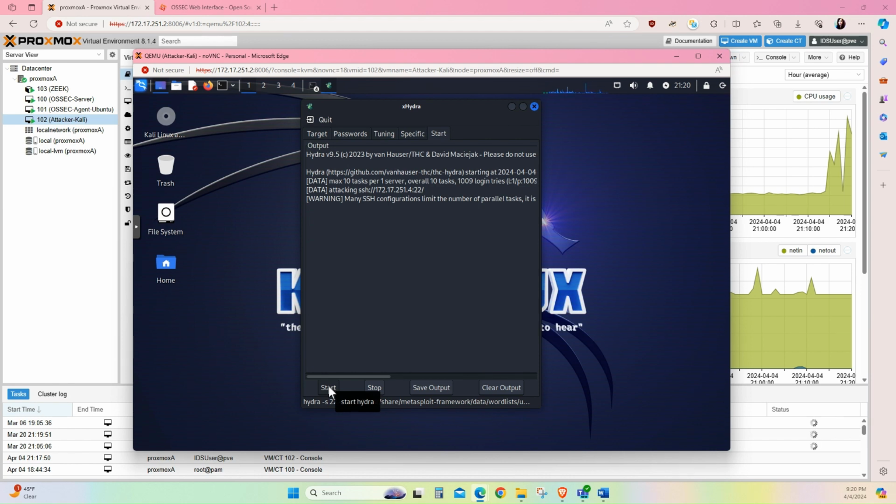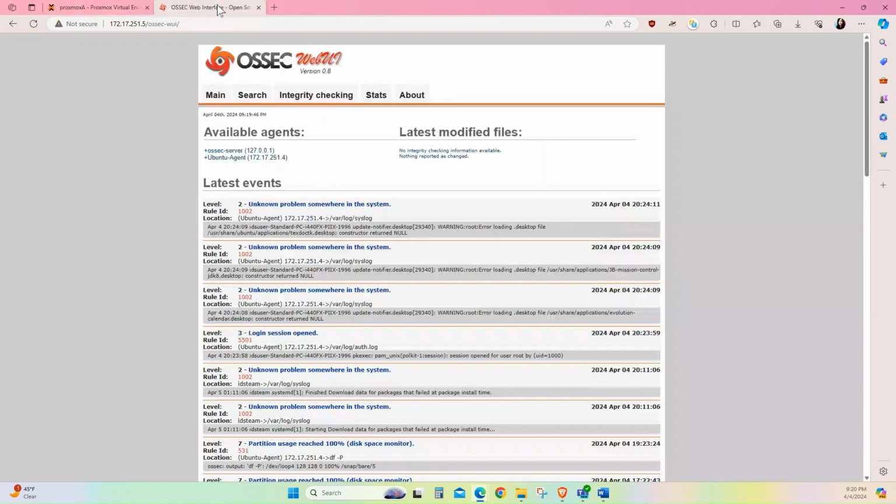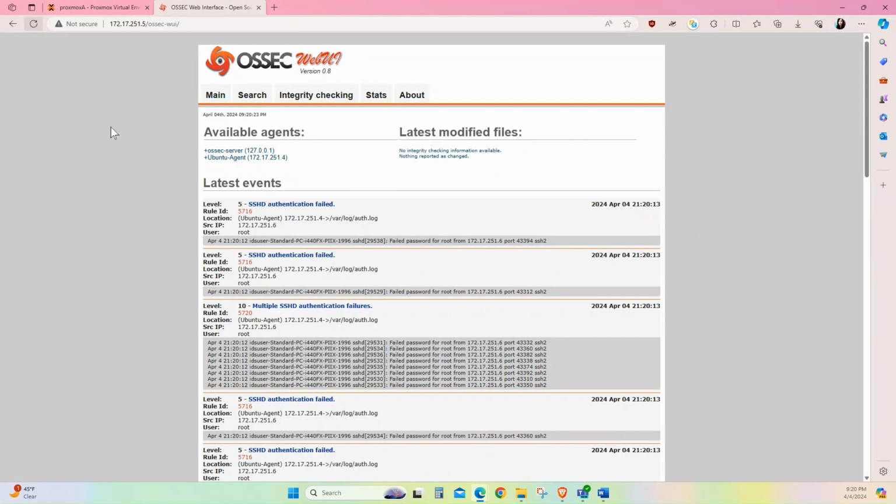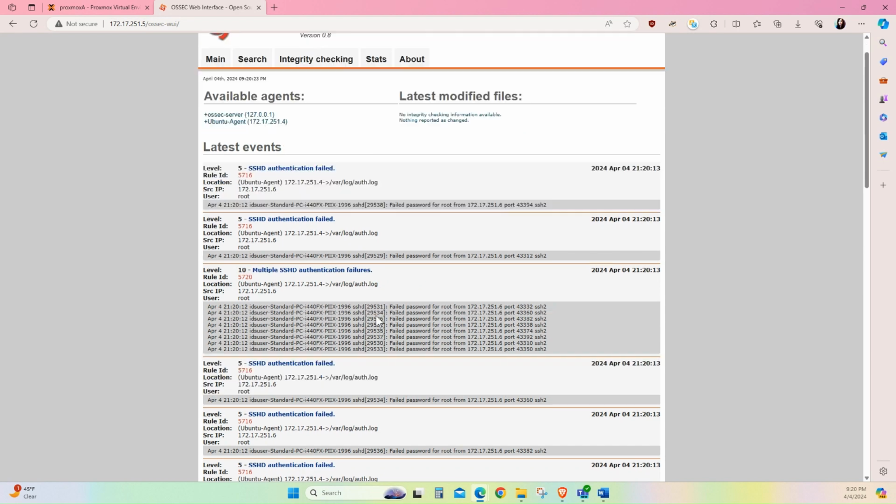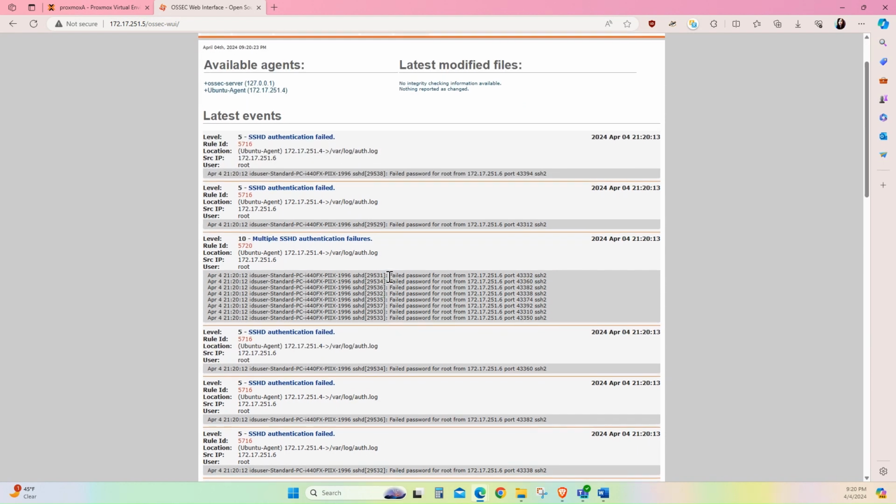All right, now we can go over to our OSSEC web interface here, and I'll do a refresh. And as you can see, we have multiple SSH authentication failures. You can see here it says failed passwords for root from 172.17.251.6. And we know that that's from our Kali Linux virtual machine and from the Hydra attack tool, because